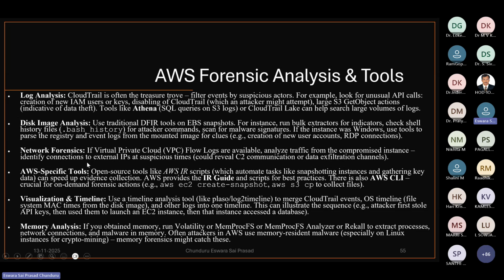And then there are some AWS specific tools like AWS IR scripts, which are able to automate tasks like snapshotting instances and gathering key data, which speeds up the evidence collection. And AWS also provides an IR guide and scripts for best practices. So we can go to that particular IR guide to get those details. Otherwise, we can rely on the